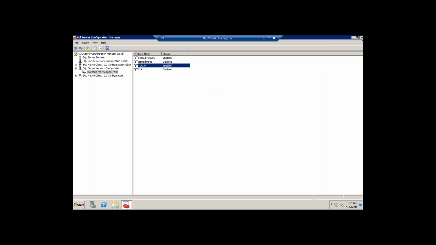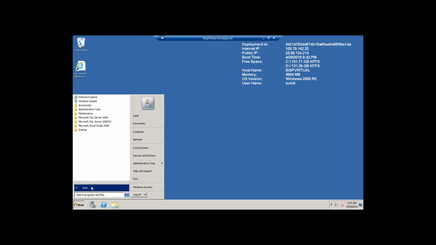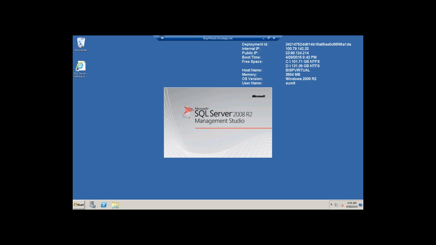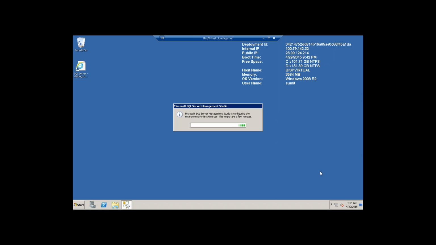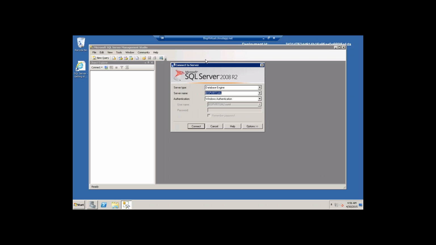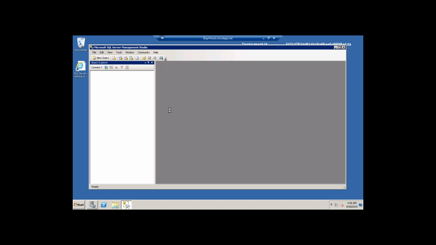So if it is configured successfully, let's open SQL Server and create a new login ID, and then we'll create a new database in our SQL Server. It's loading for the first time, and it will load SQL Server. The SQL Server has started up. So I click on connect, and this will log into SQL Server by default.